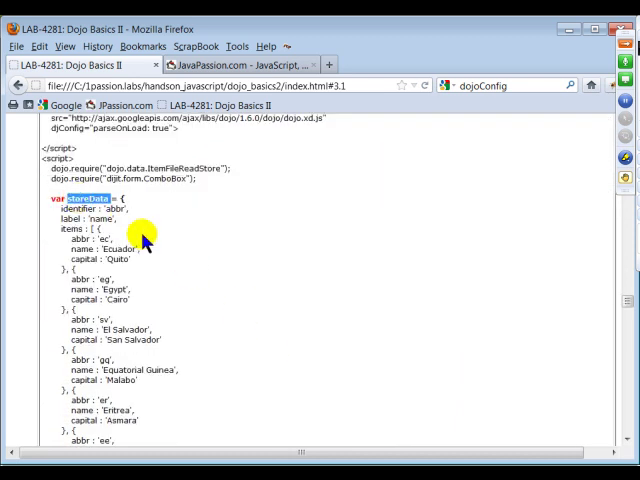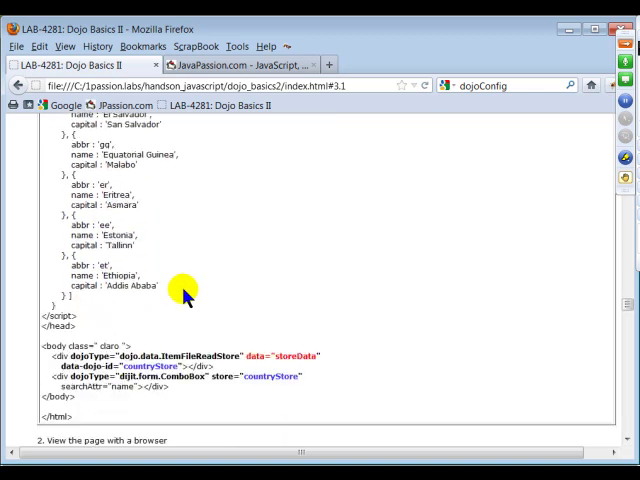So this is the store data in which we have these items. Okay, so it's a country, Ecuador, and the capital, and the country and capital, and abbreviation. And then I am using that data source. Okay, in this case, data source is array object inside the page, and then I create item file read store